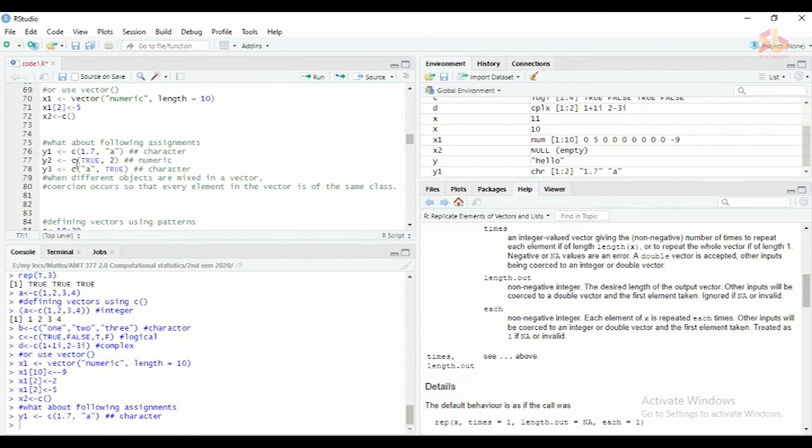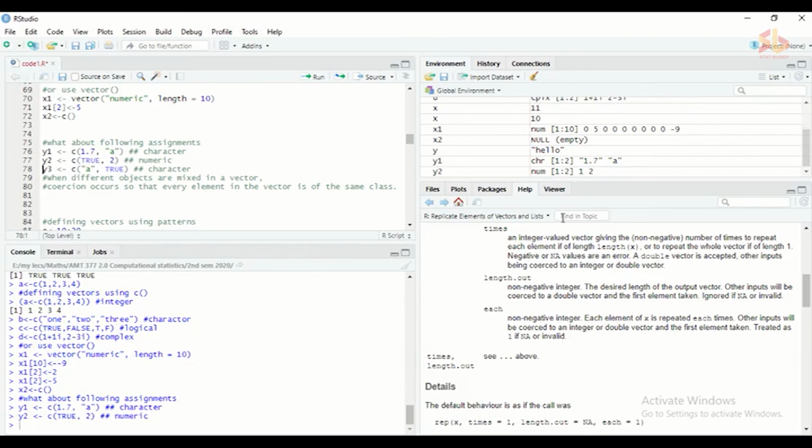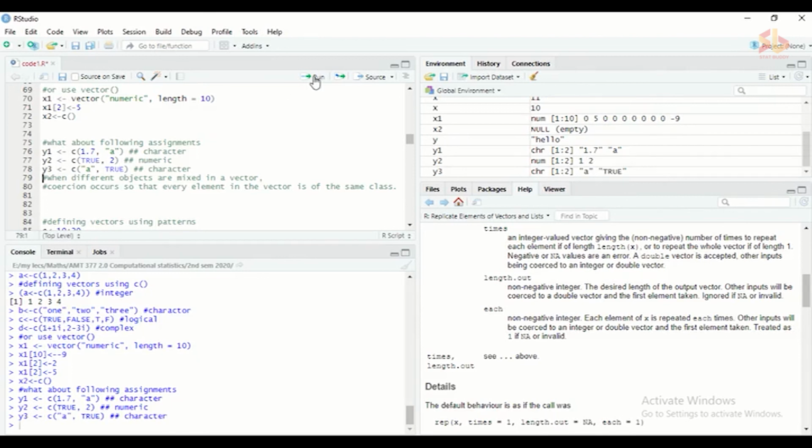And when you are giving logical TRUE and numerical 2, if I run that one, you can see that my logical TRUE is treated as 1. So now TRUE is a number, not a logical state. And in here, a logical state and a character. You can see by executing that one, our logical state is converted to a character. No longer is there a logical vector.